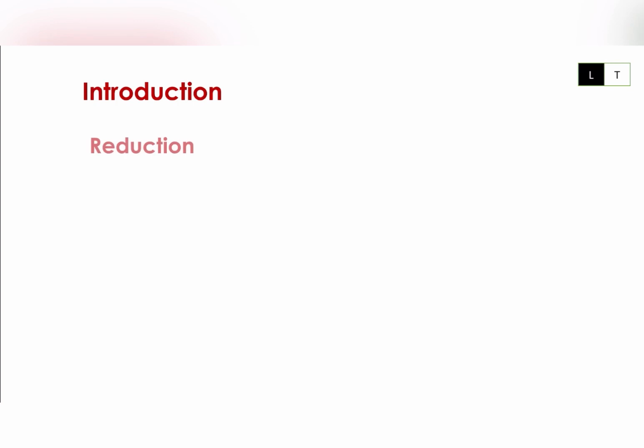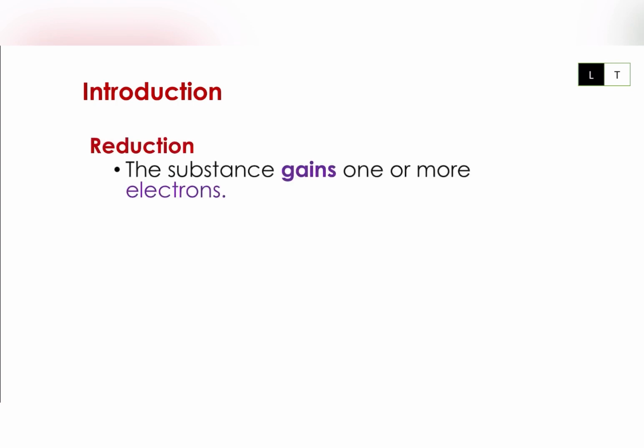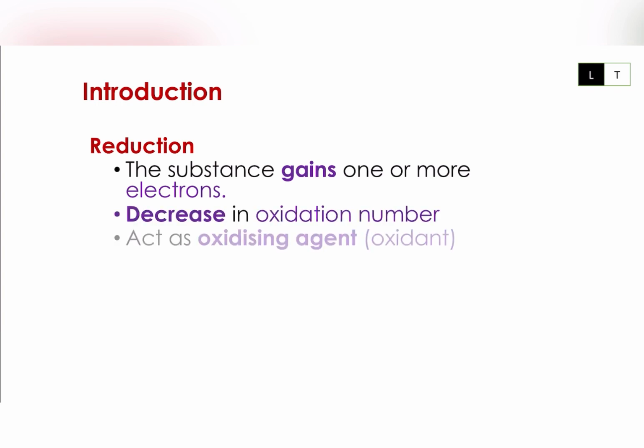Next, we go for reduction. Reduction is for the substance that gains one or more electrons. So you can see the oxidation number decreases, and they usually act as an oxidizing agent, another term, oxidant. For example, hydrogen accepts one electron to become H minus. You can see the oxidation number for hydrogen originally is 0, but when it accepts one electron, it becomes